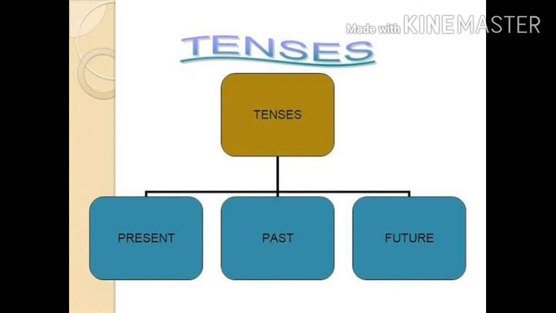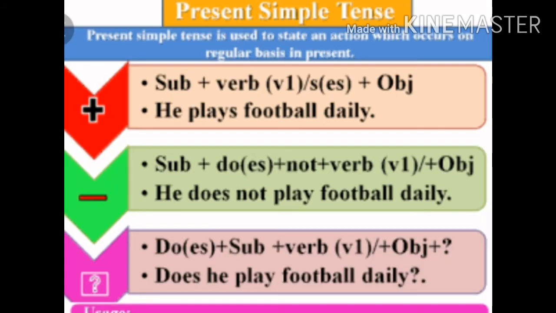So, similarly, we have four forms of present tense: present indefinite tense, present continuous tense, present perfect tense, and present perfect continuous tense. First we will see simple present or present indefinite tense. Present indefinite tense is generally used for actions that are factual, normal, or regular in occurrence, sometimes called habitual actions. Habitual actions are actions that occur in the present but are not necessarily happening right now.